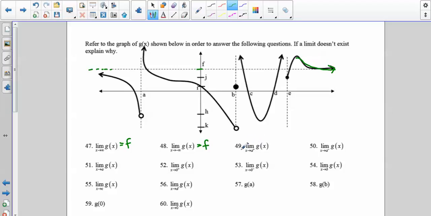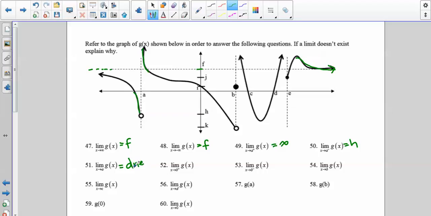The limit as x approaches a from the right. So here's a. As we approach from the right, we're approaching positive infinity. And as we approach a from the left, we seem to be approaching this hole right here, which has a y value perhaps of h. And let's see, because we don't have the same limit on the left and the right, we're going to say the limit as x approaches a does not